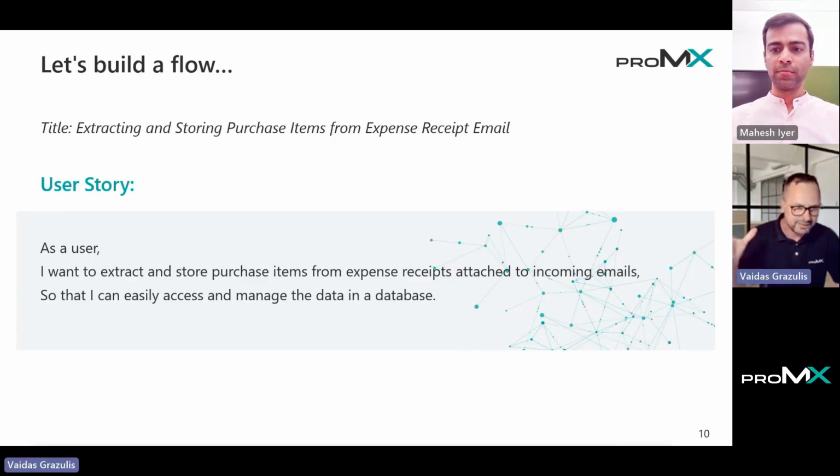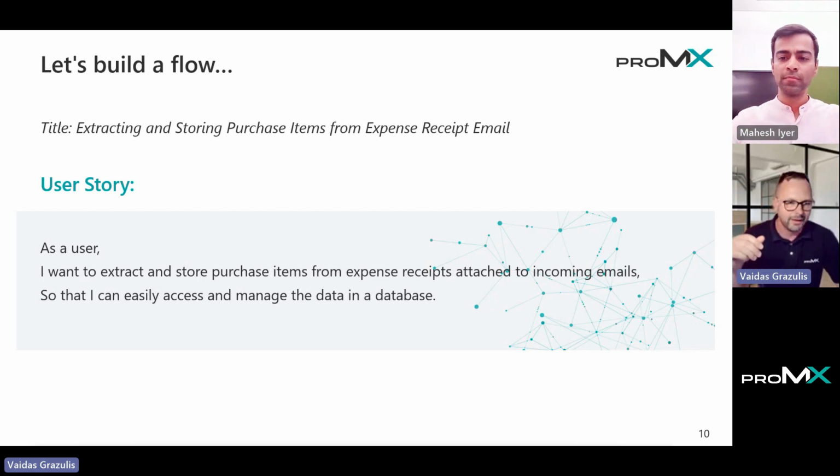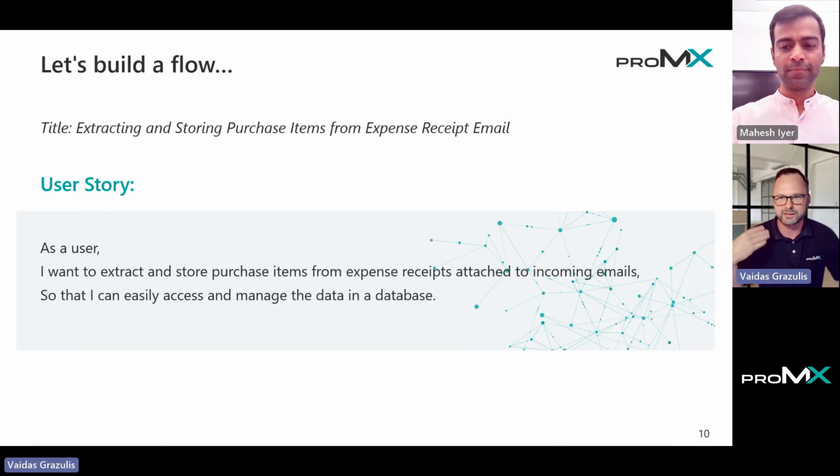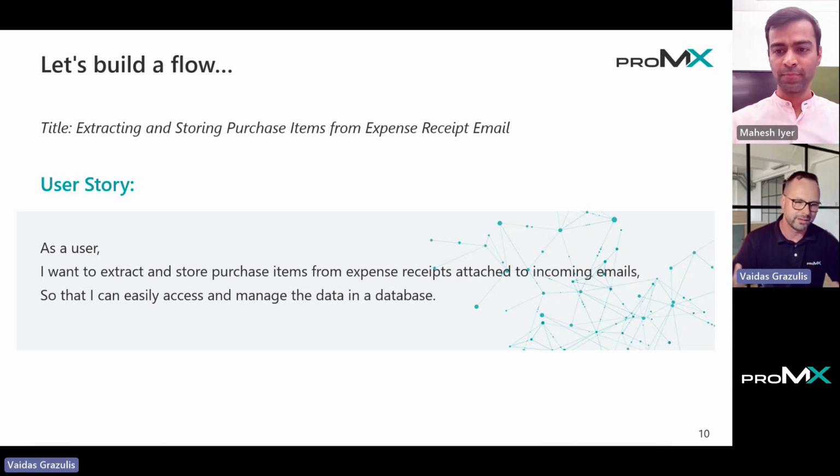Let me just quickly set the scene around what we want to do, what our challenge for the day is, and how we would want to solve it. Building on what Moish has demonstrated already, let's imagine a scenario where, in my imaginary company, I have a very old process where my colleagues have monthly expenses that they have to expense through the accounting process, and my current process is so old that